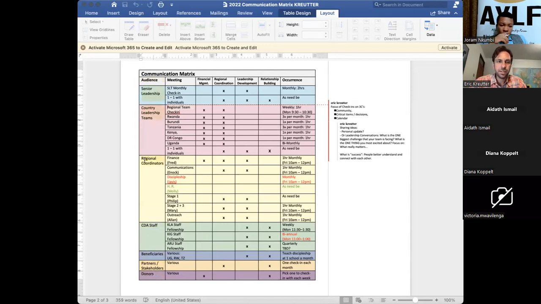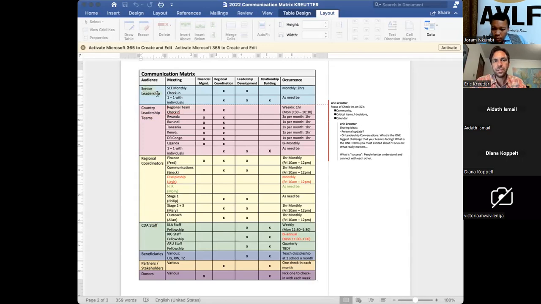These ones up here, you may not really understand because they're organizational in nature, but you could probably understand better our organization's staff. And it's different than our organization's beneficiaries, which is different than our organization's partners or stakeholders, which is different than our organization's donors. And all of those groups have different ways that I need to connect with them regularly.